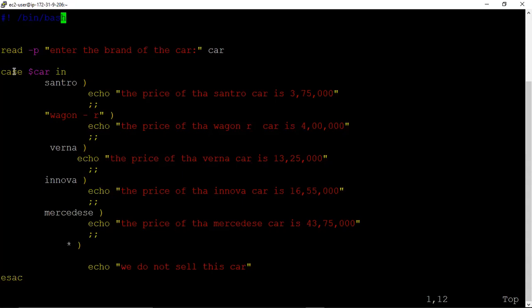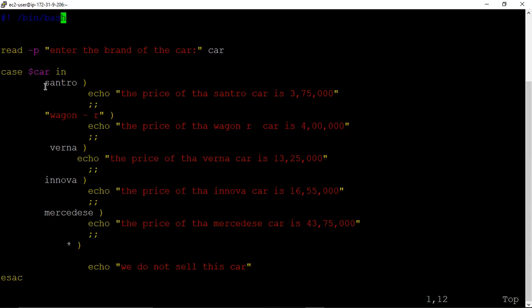Then we write case. We know whenever we have variable, we write dollar symbol. So dollar car in, that means in the case of this car, so car is variable. So here we assign Santro.